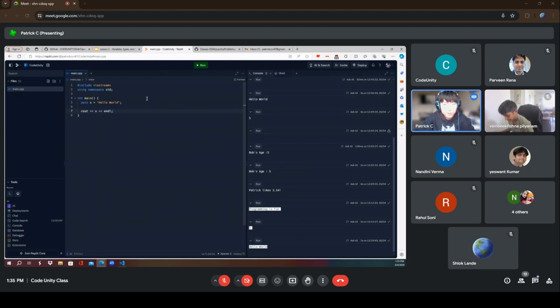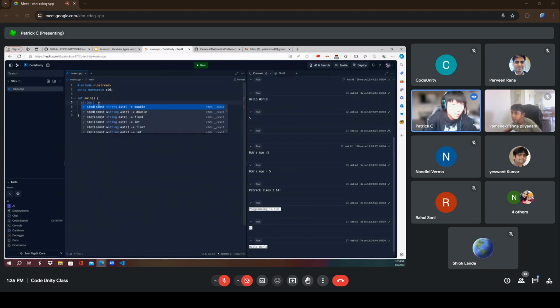As we learn about variables, I would recommend just using the keyword auto. Your name is obviously going to be a string, but I would just recommend using auto for now. Auto name equals, and you want to use the double quotation marks and then put Bob. And then you can do auto age, let's say 5.